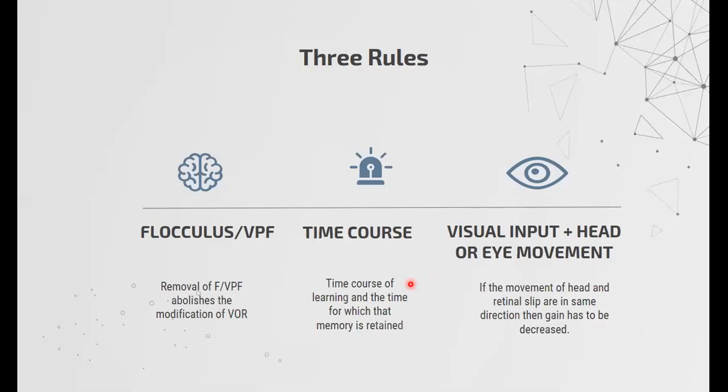Third scenario is a patient comes to you and he tells that I am having vertigo and giddiness. And at home, what he will do, he will just lie down. He will not move his head. He will not move his eyes. He thinks that every time he moves, he will get dizzy. So it is a wrong perception. To start a vestibular rehab and to start the modulation of VOR, you have to give visual inputs by movement of eyes, and you have to do movement of head also.